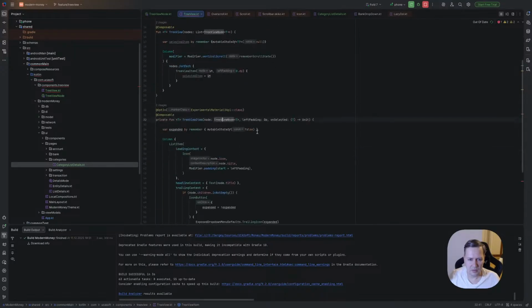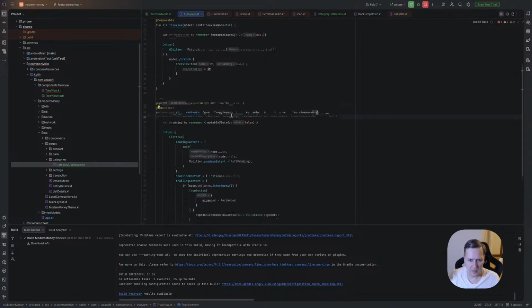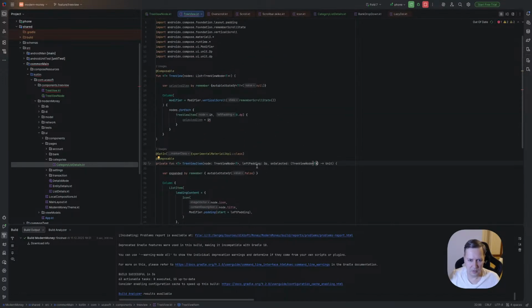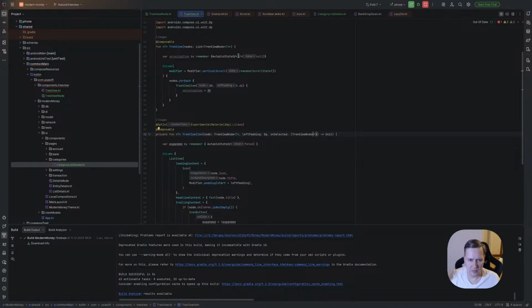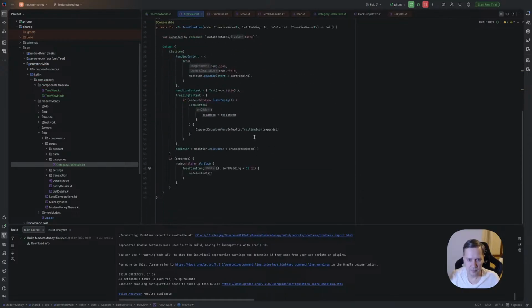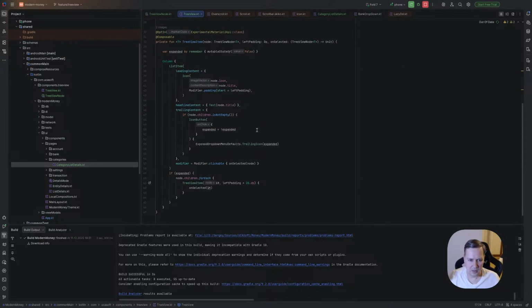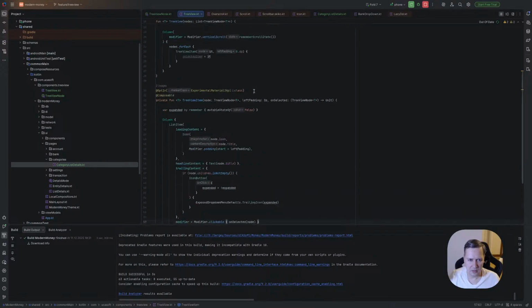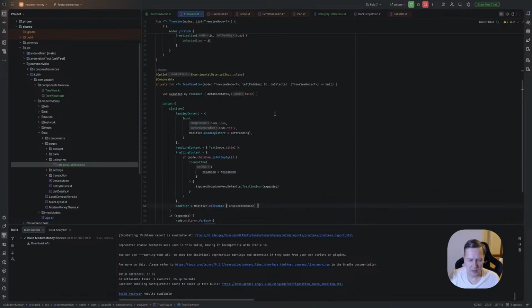Yeah, it's TreeViewNode. TreeViewNode. And here as well. Okay. Selected. Node.